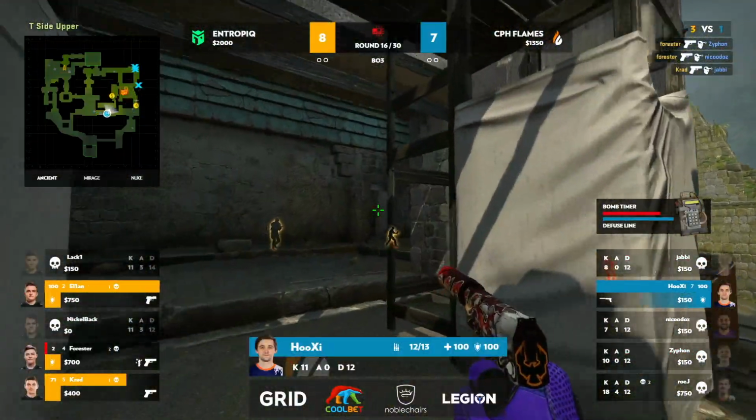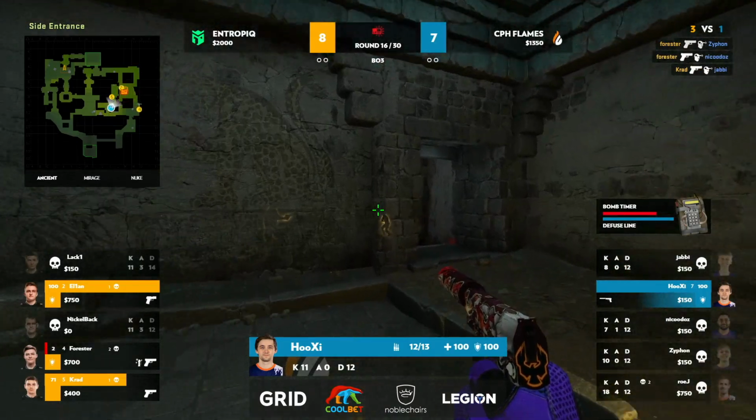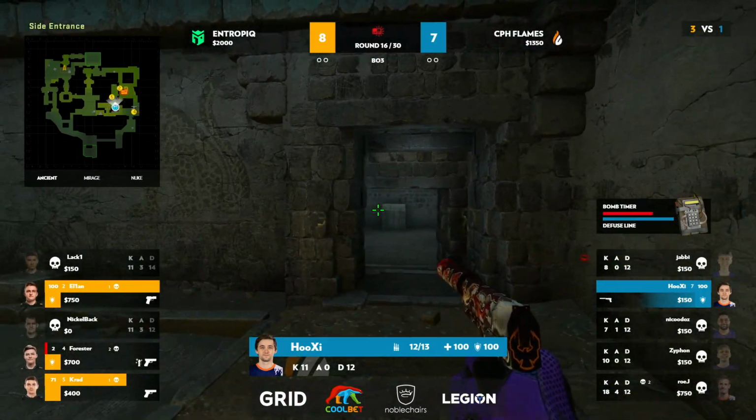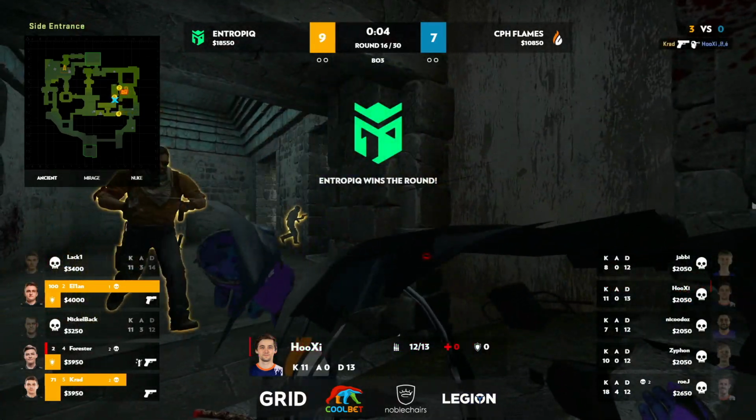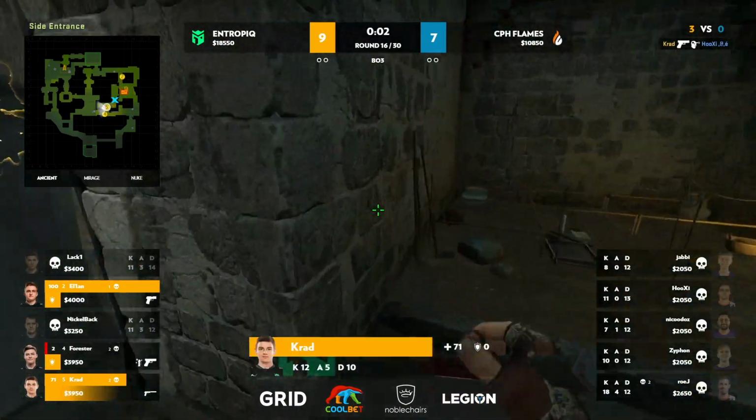Oh, Forrester finds 2 headshots. Krad in with a third. And HooXi in behind, the last man standing. Skriv, what a turnaround of events there for Entropiq. Indeed it is. Krad will...